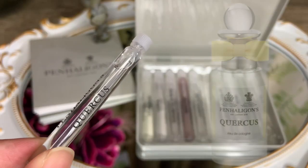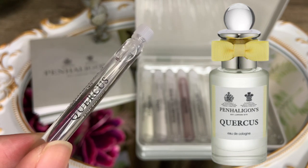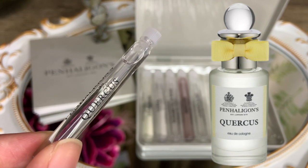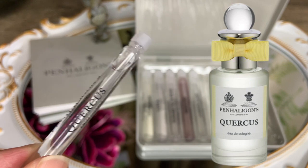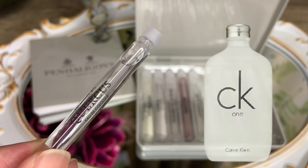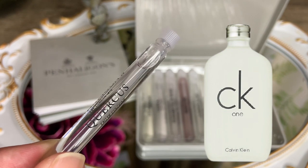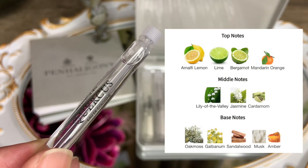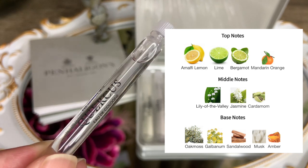Another one from the Signatures collection going into the unisex direction is this one called Quercus. This is an eau de cologne, and Quercus is Latin for oak or oak tree. This particular scent reminds me a lot of CK1, if you're familiar with that scent. This is maybe about 95% similar. This has that cologne-y, citrusy, woody character, very fresh, very clean, leans a little bit masculine, but totally unisex in